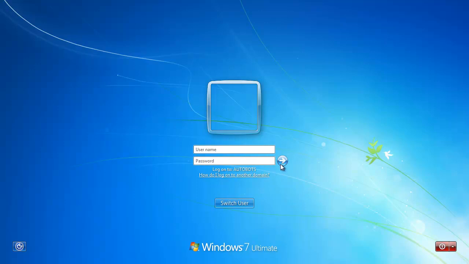So Bumblebee could be one of 1,000 computers, and having only added those accounts once to the domain, I can now do